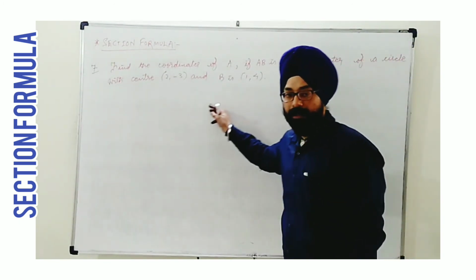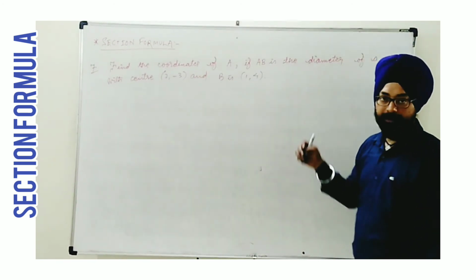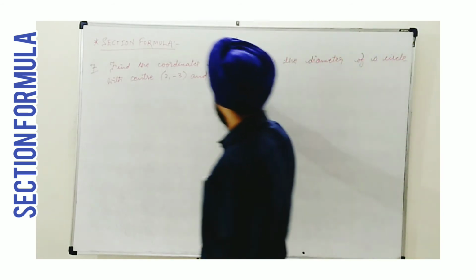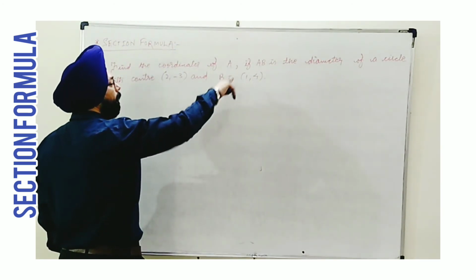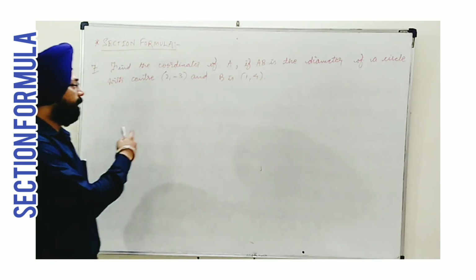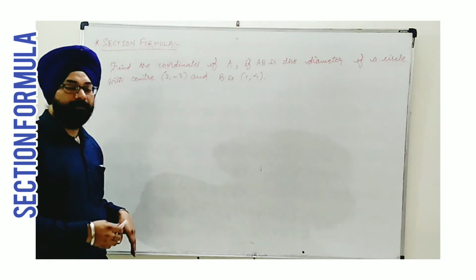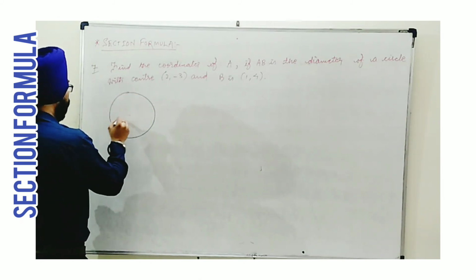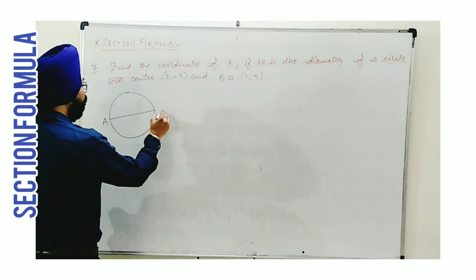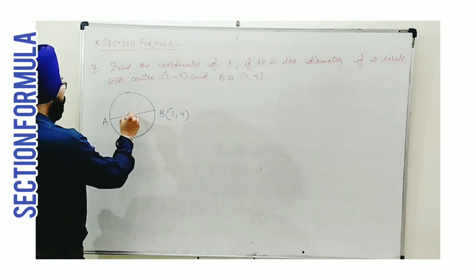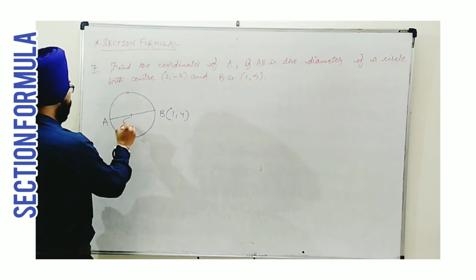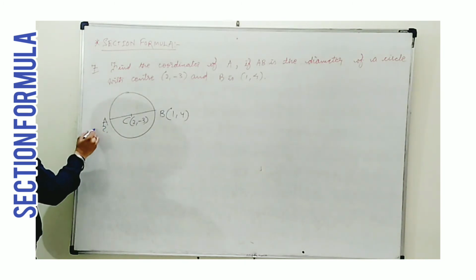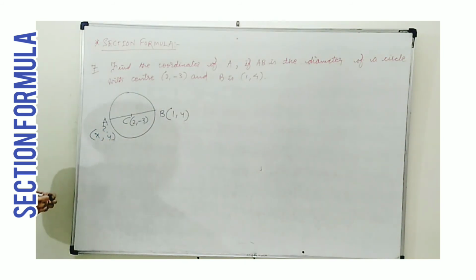Here I have taken question number 7 of 7.2 to explain the application of the midpoint formula. Find the coordinates of A if AB is the diameter of a circle with center 2, -3 and B is given with its coordinates. Means in a situation when you are given a circle, AB is the diameter, B is given to us as 1, 4. The center also is defined here. If I take C as the center, it is 2, -3. A is the question mark. So obviously we consider this to be x, y.